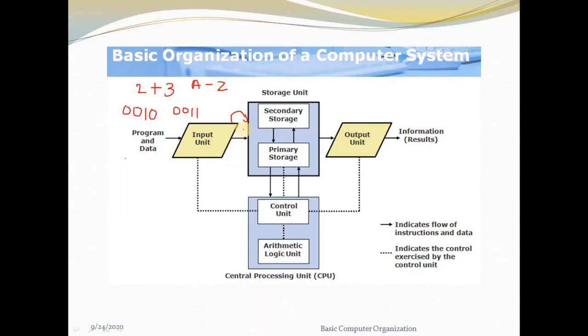Let us consider the same example. We passed these 2 values, 2 and 3, but the input device has converted 2 and 3 into zeros and ones. So in the computer memory, the data that we have passed is converted into zeros and ones, and the same zeros and ones will go to the CPU for processing. Now the CPU, instead of taking 2 and 3, will take the converted data which is in computer understandable language. So it will take 0010 and 0011, then it calculates the result.